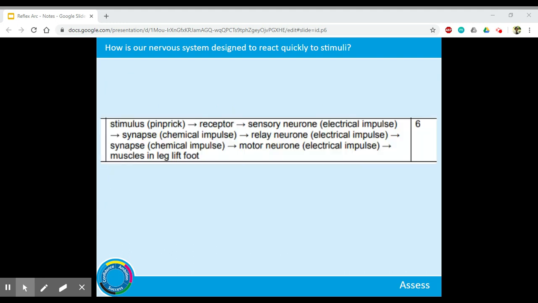Okay, hello, welcome back. So when you step on a pin, your receptors, so the skin in your feet, detect a stimulus, which triggers an electrical impulse. That electrical impulse is going to then travel down a sensory neuron. It will then, on its journey, come across synapses, and then it will need to use a chemical impulse. So remember, the ends of the neurons release a chemical, and it provides kind of like a bridge for the impulse to jump across. It will then go to a relay neuron in the spinal cord, which is, again, an